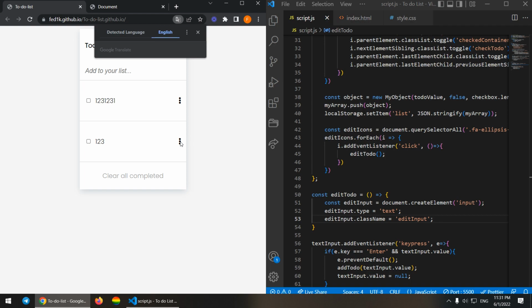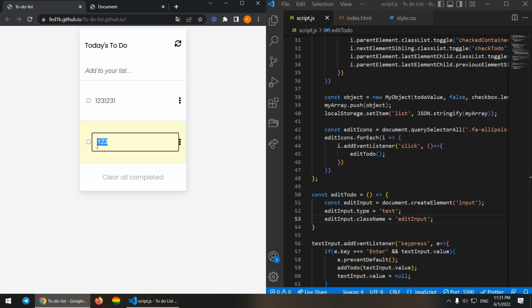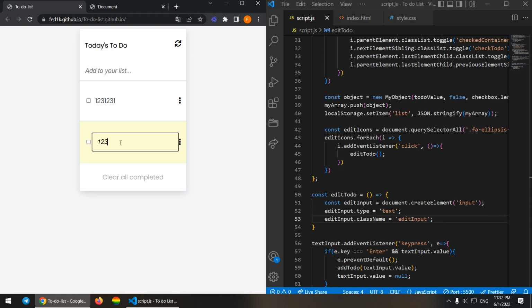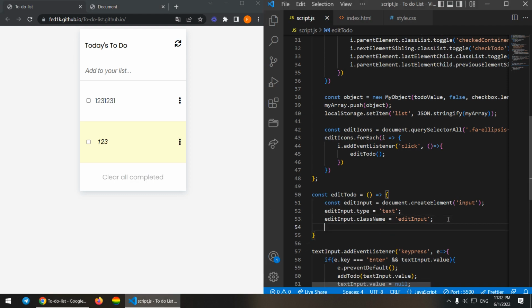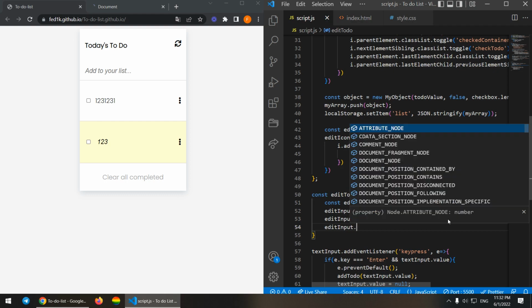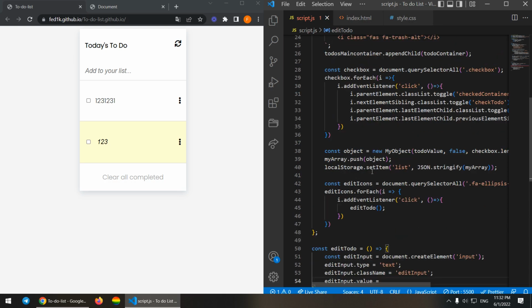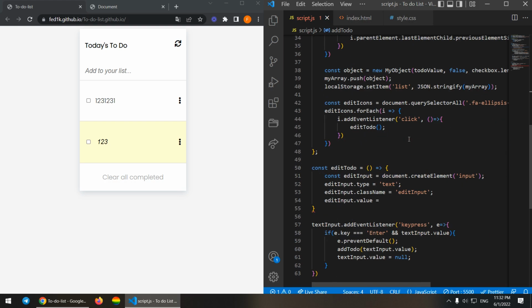After that, let me quickly show you something. Once we click here, as you see, this input field is not empty, but it's taking the value which that span text has. As you see, it's not empty, but it has that previous value. So we have to fill that part just like that. For that, we take this value and put it inside this input field, which in our case is the editInput field. So the super simple thing is editInput.value is going to equal to what? We don't have anything here